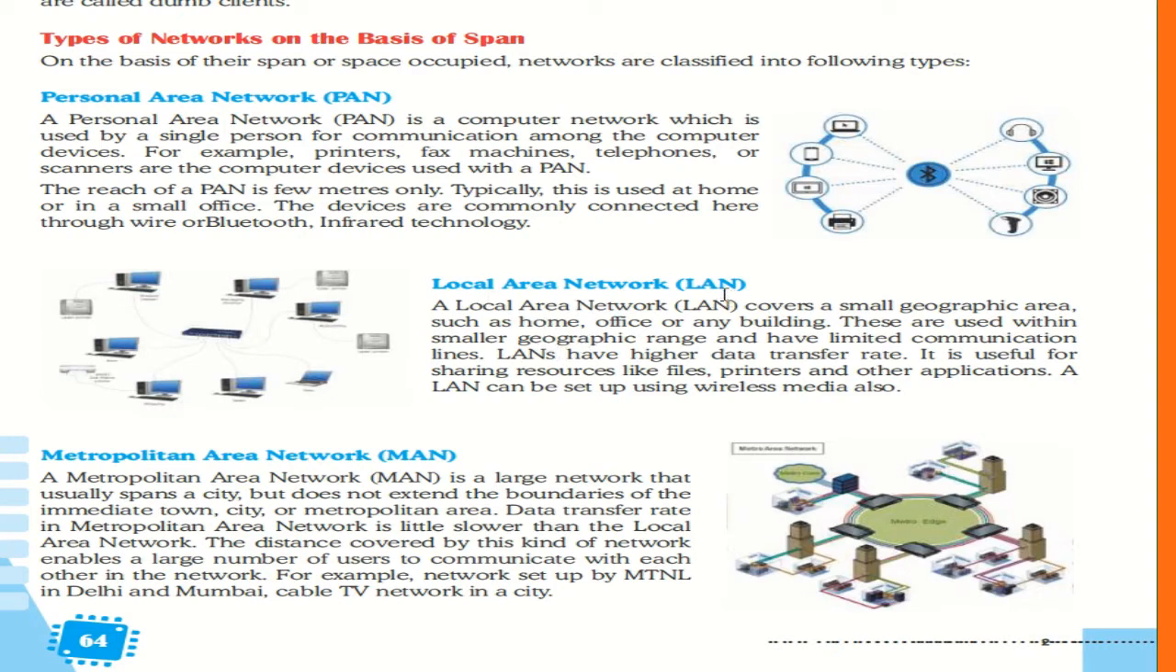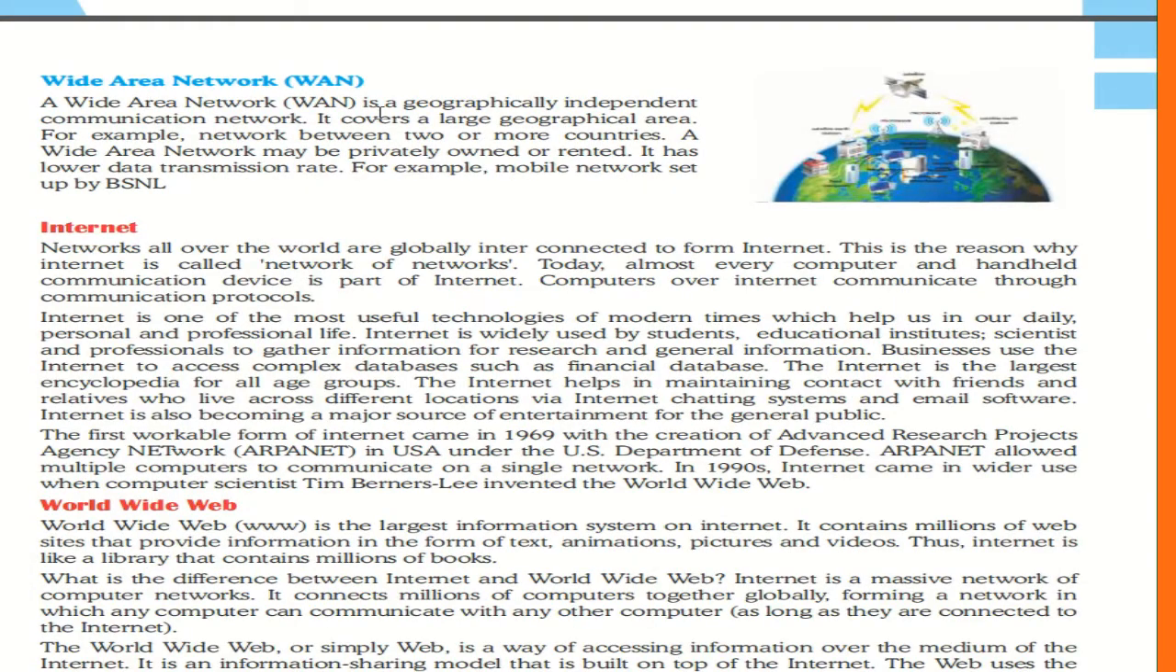a local area network. Next, metropolitan area network, a large network that usually spans a city but does not extend beyond the boundaries of the immediate town, city or metropolitan area. It can be used for communication, like your cable TV network. Next is your mobile towers. These are connected with one metropolitan area network. And the widest network is known as